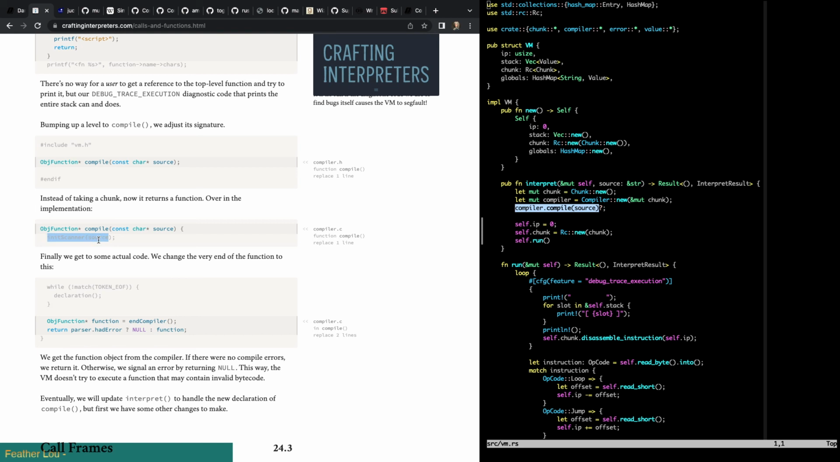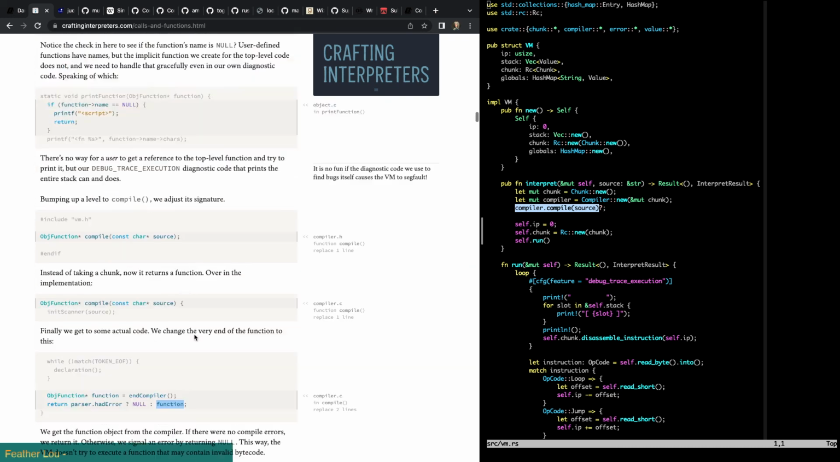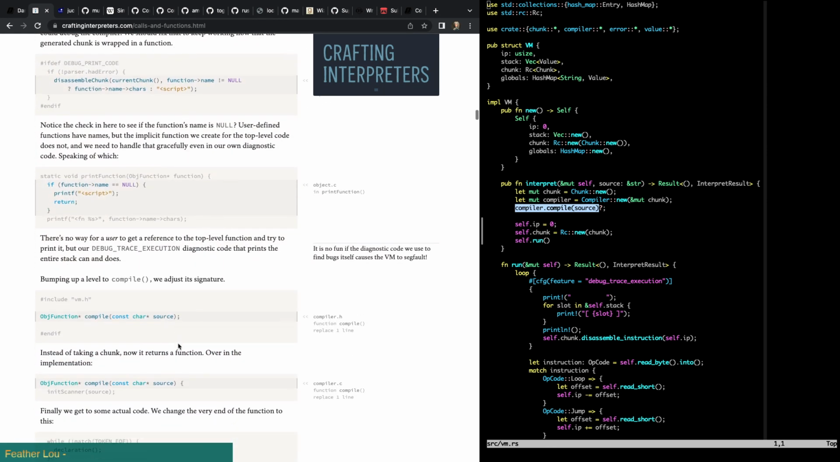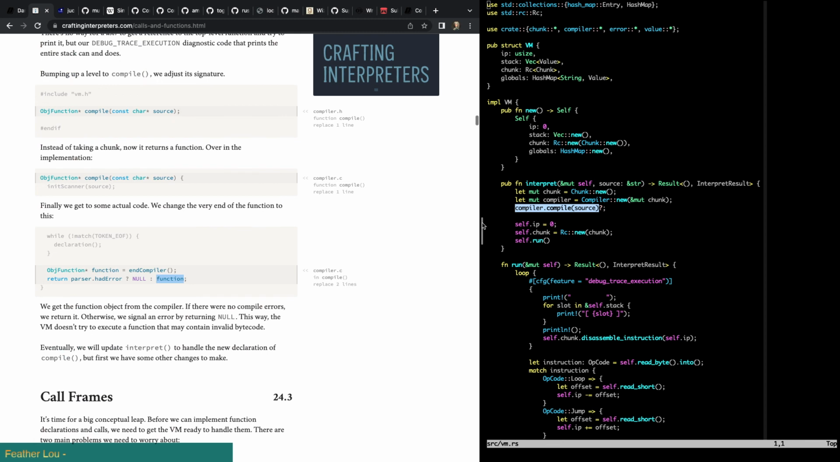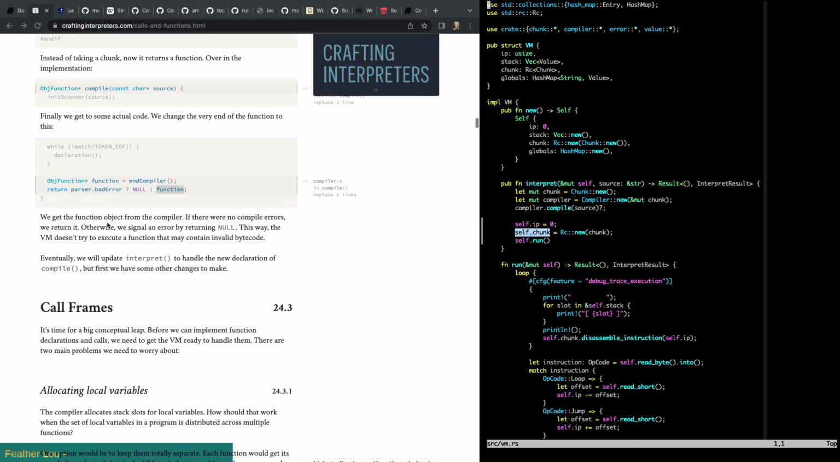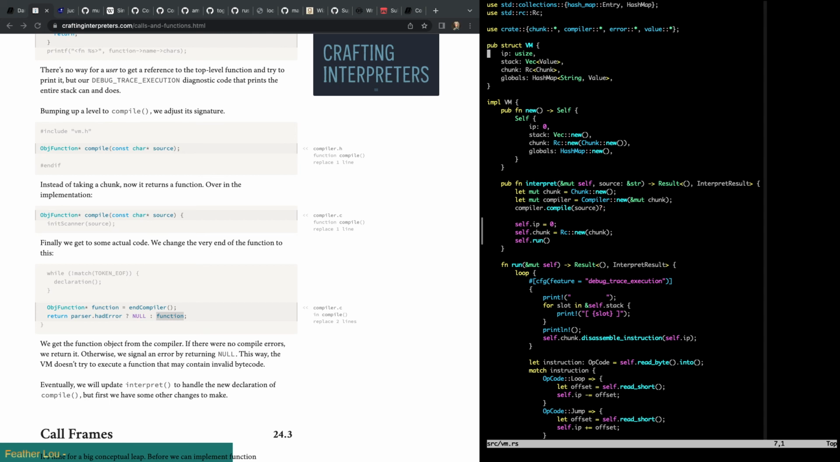Yeah, there's init scanner. And then object function end compiler, and it returns the function. All right, so that's where we're going with this first part. We're returning the function to execute, and then the VM, instead of getting a chunk to execute, it's going to have a function to execute. Eventually, we'll update interpret to handle the new declaration of compile, but first we have some other changes to make. Okay, so I think I see where this is going now. So compiler does the compile,